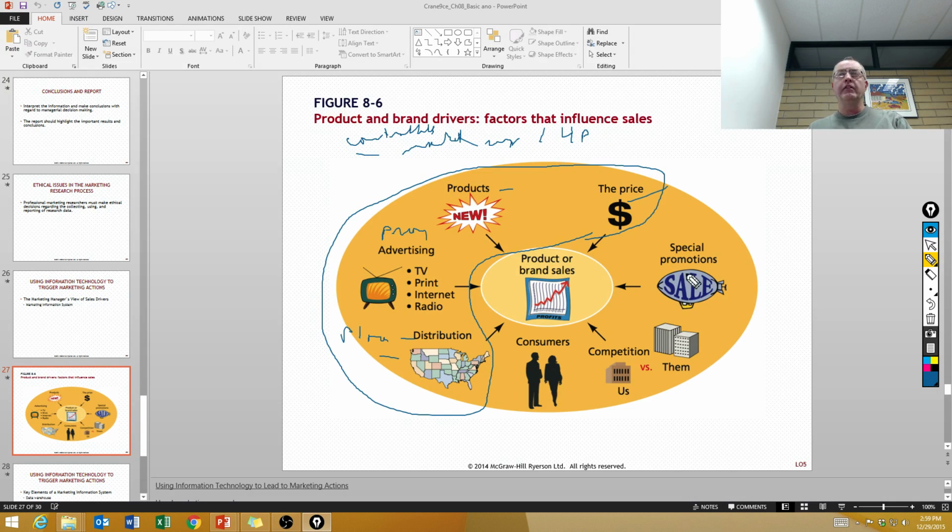And then we also have some non-controllable factors. So for example, what the competition does. We don't control them, but yet they also have an influence on what we sell. If our competitors drop their price, if our competitors have special sales and reduce their price, then our sales are probably going to decrease. Okay, so